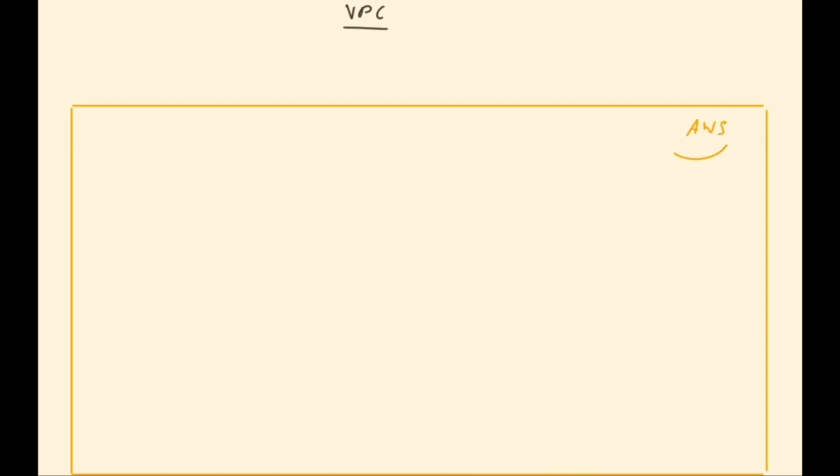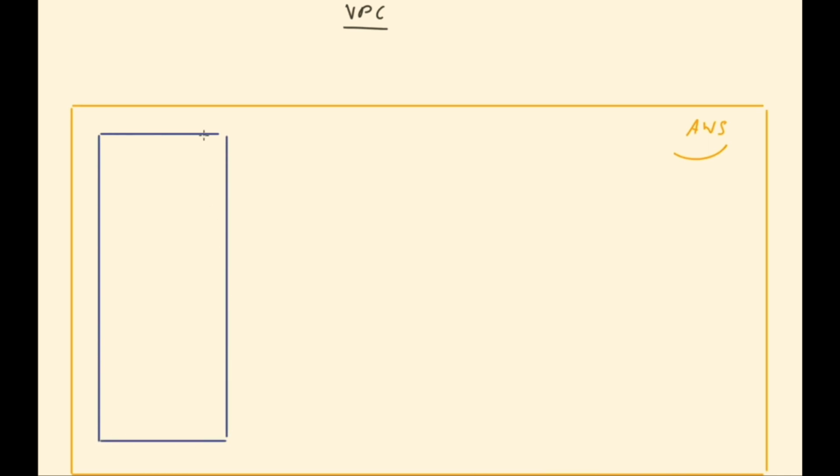And a VPC resides inside of the AWS cloud, and it's essentially your own isolated segment of the AWS cloud itself. So here is your VPC sitting inside the AWS cloud. Now, by default, when you create your VPC, the only person that has access to this is your own AWS account, just you. It is totally isolated and no one else can gain access to your VPC other than your